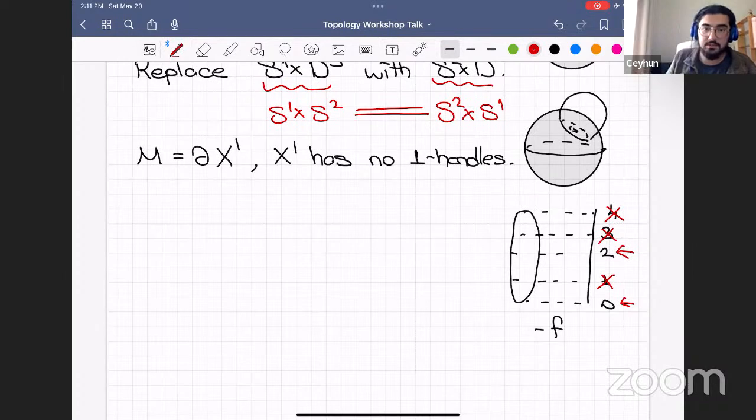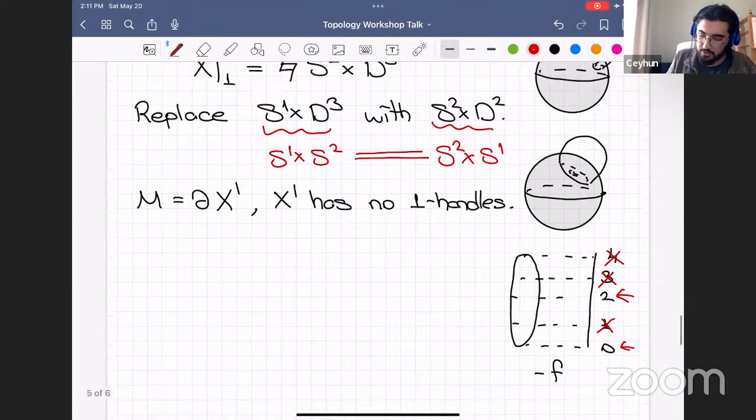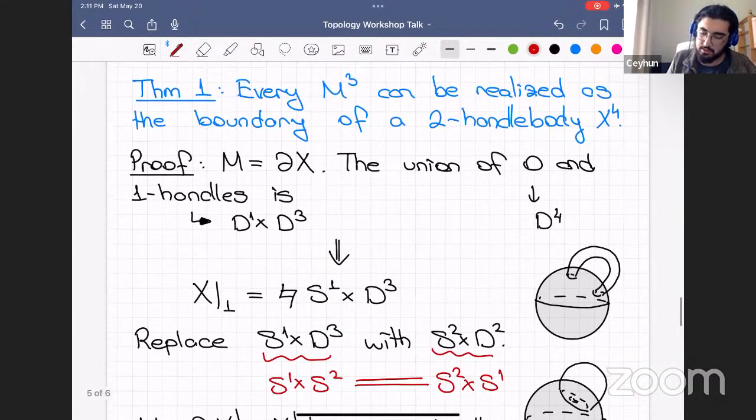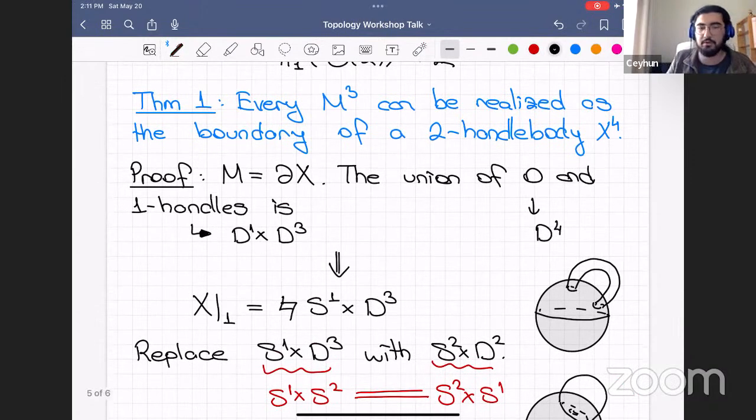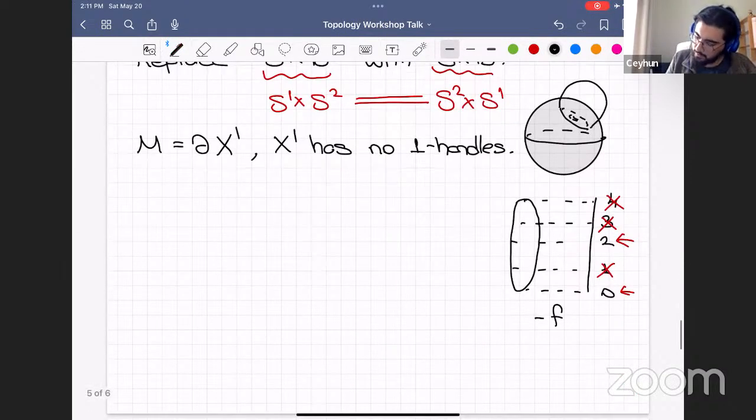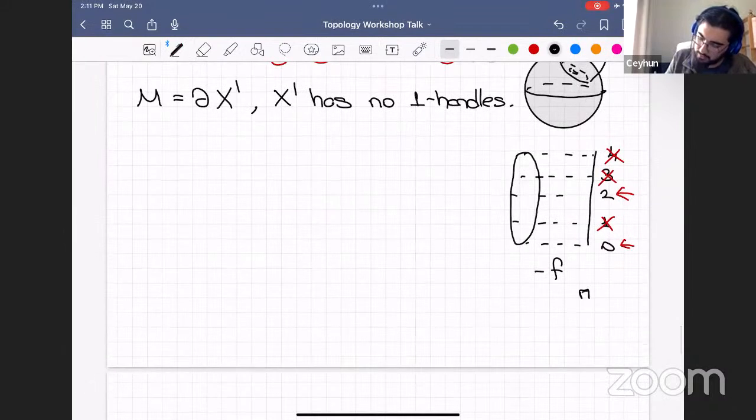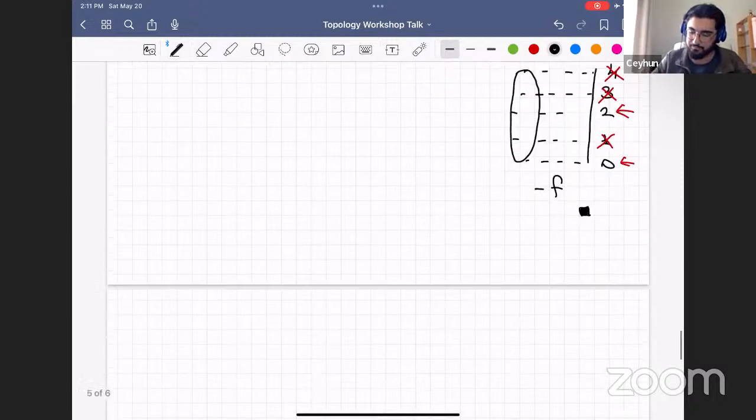So this proves this theorem, because we got rid of all the handles and we can see M as the boundary of a 2-handle body X4. So this will be very useful, because if you remember, we said 2 handles are classified by the knots along which we attach these 2 handles. So basically, we had this problem about 3-manifolds, and we reduced this problem to a problem in knot theory or link theory. So that was the purpose of this section. If you move on,